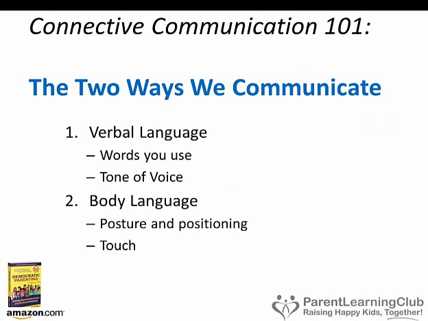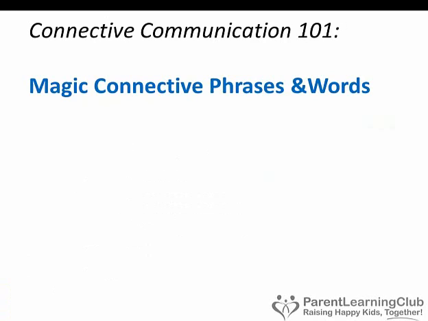Touching a child on the shoulder, a gentle touch, or on their cheek, or touching the side of their head at just the right time can do a world of good to meet their need for connection and affection and attention, and just to let them know that we're really there, and to help break through resistance or barriers that can come up. And eye contact, that's another key one, a very important way that we can connect with our child using body language.